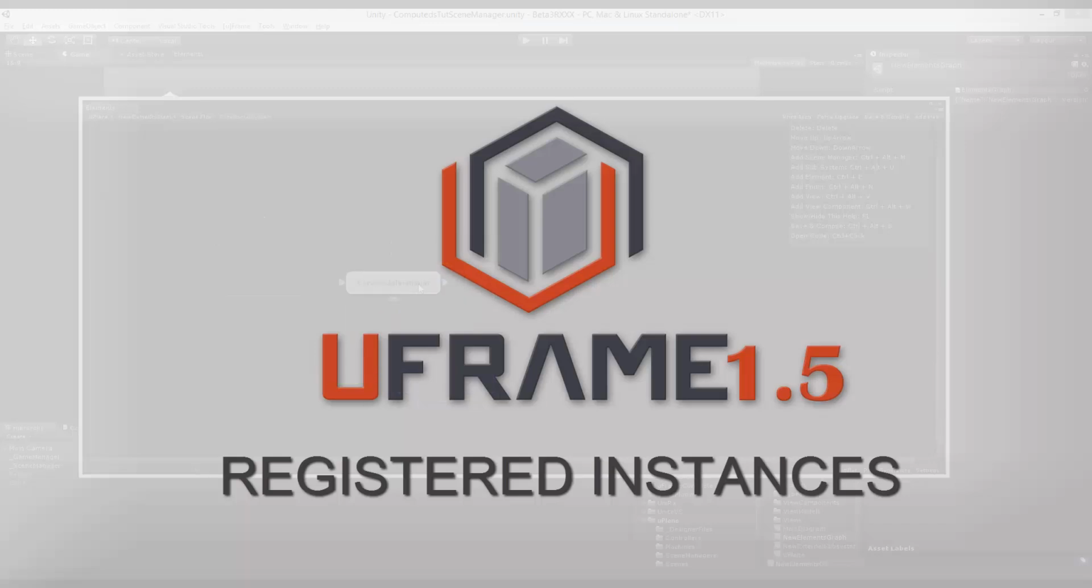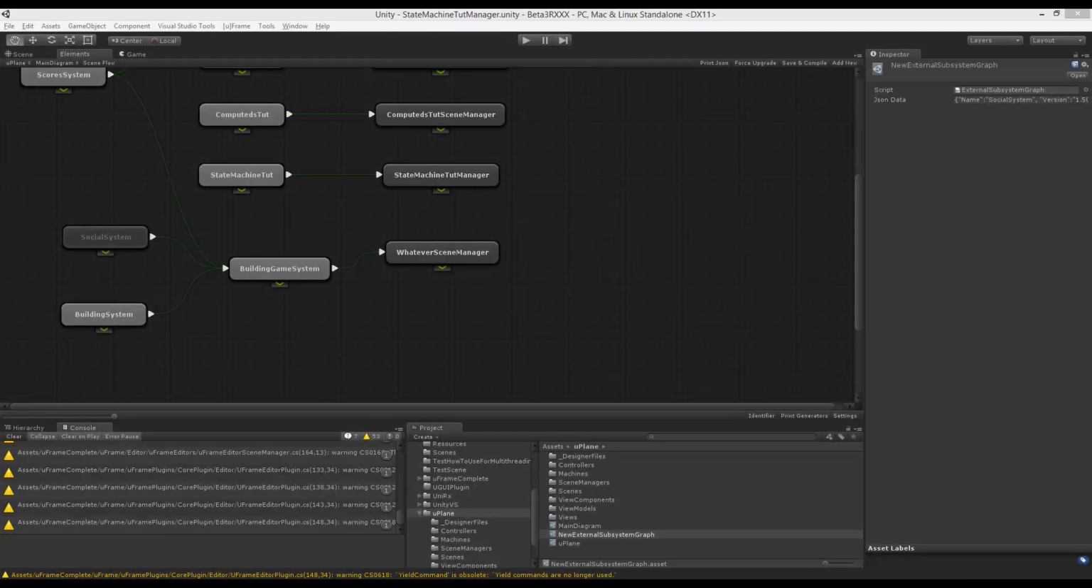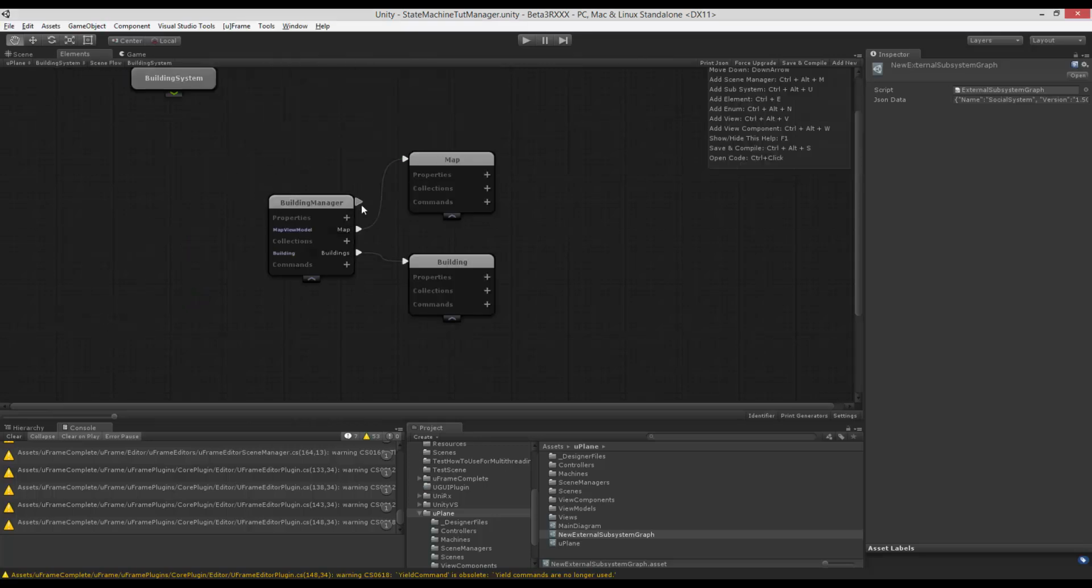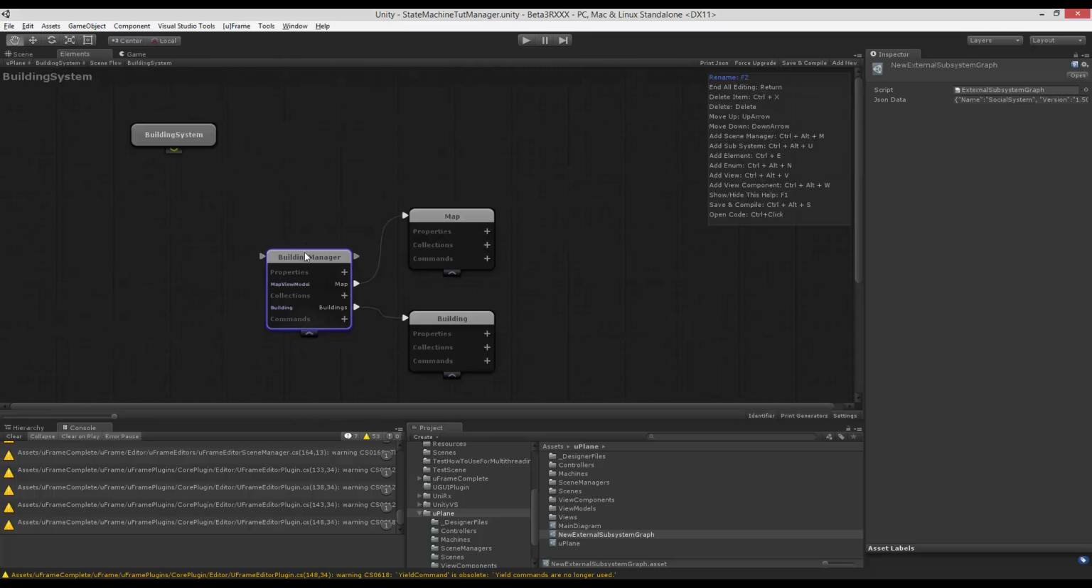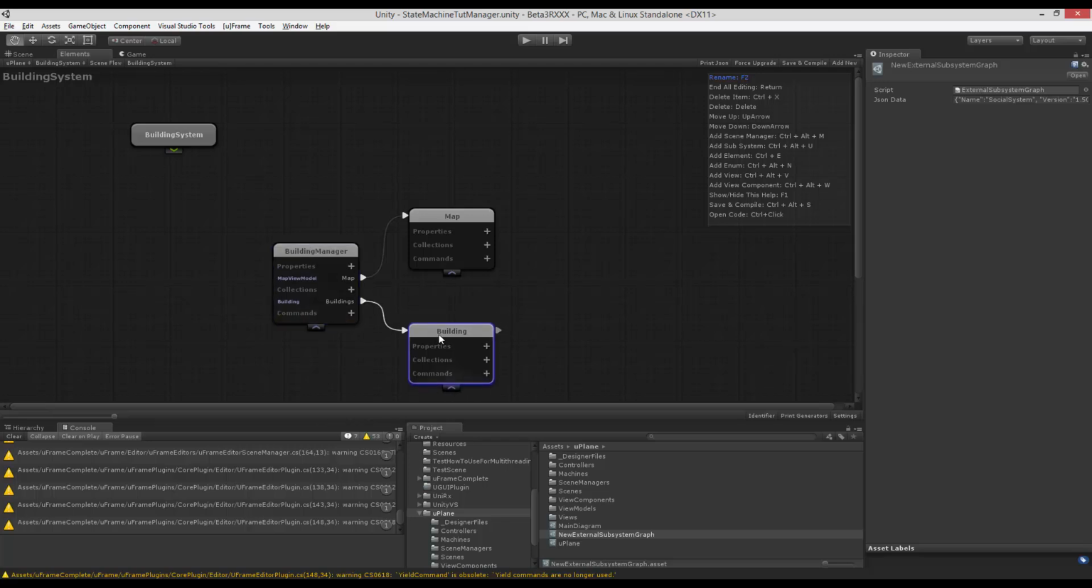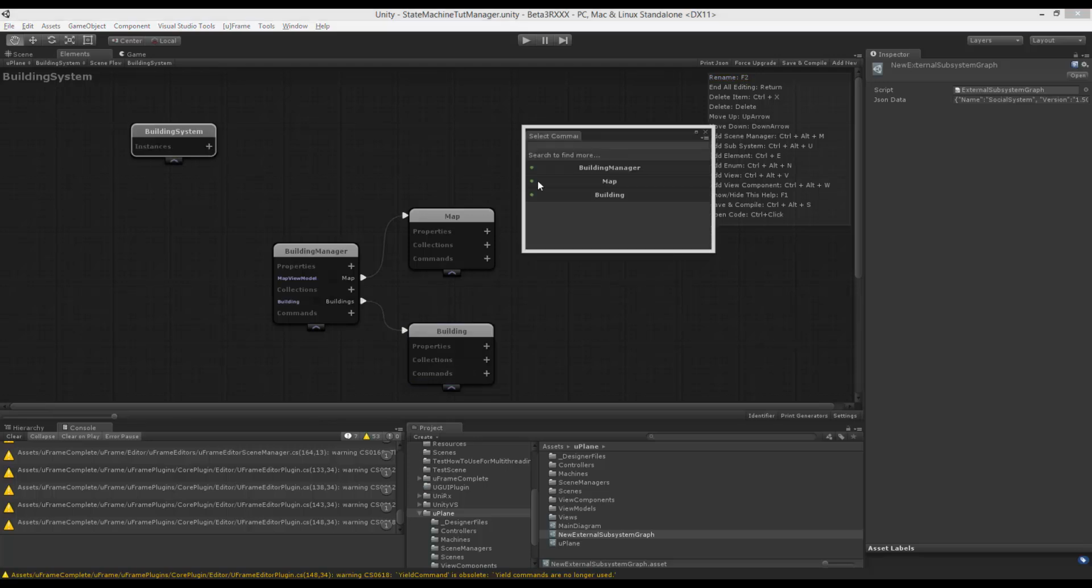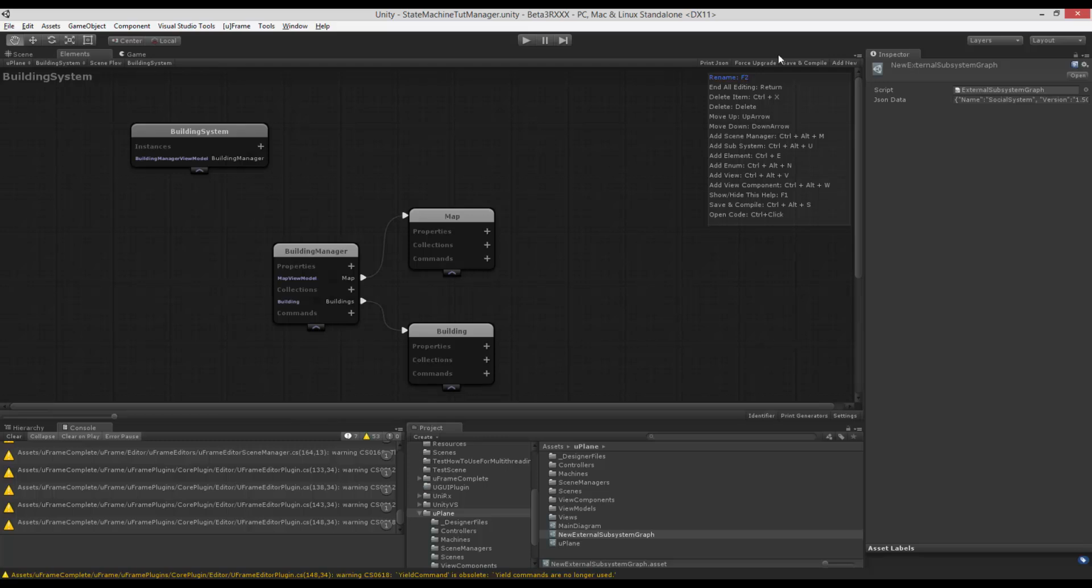In uFrame 1.4, there were a lot of issues with having global view model instances around different scenes and subsystems. uFrame 1.5 allows you to do the following. In my building system, I have this building manager, and I want to have it as a shared global instance around my game. So I can expand this building system, click this plus button, and pick my building manager. Now if I hit save and compile, and let the code get generated,